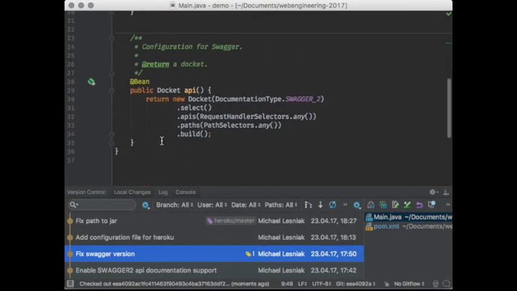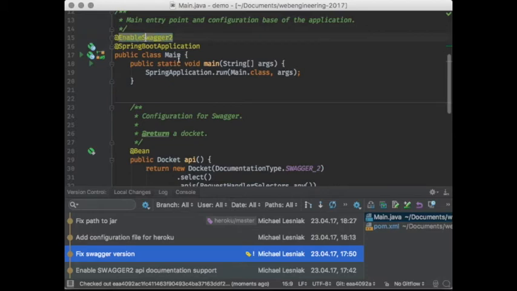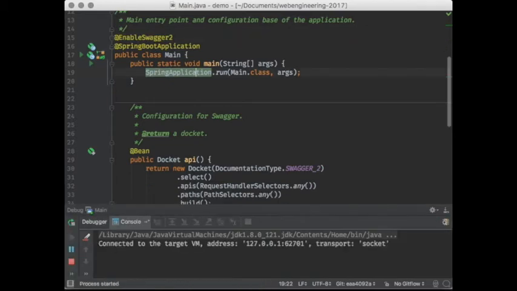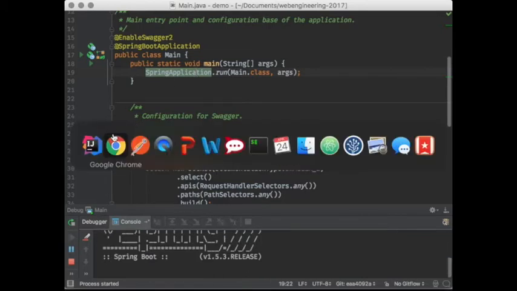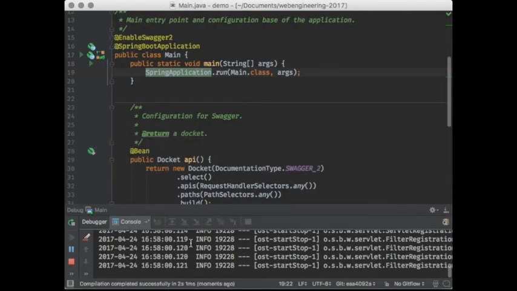And now this is, bear with me, just ignore it for now. It's just some configuration for Swagger, and we will enable it. And if I'm now starting my application, and you remember we had Postman here. If I'm starting my application,